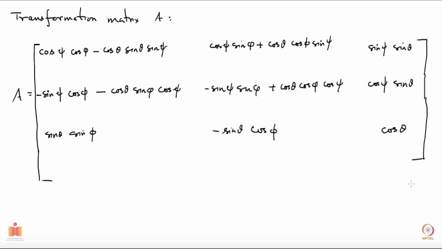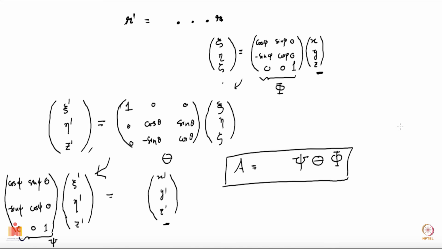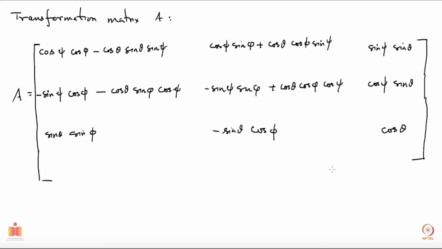And you may also wonder whether this is an orthogonal matrix. After all, we have multiplied 3 orthogonal matrices. These matrices, theta, phi and psi, they are orthogonal, and you may wonder whether the product is orthogonal. Well, we expect them to be orthogonal because any 2 points, the distance between any 2 points in the rigid body is not going to change under this transformation. So it better be an orthogonal transformation. Okay, so even though it's expected, nevertheless check that this matrix is orthogonal.